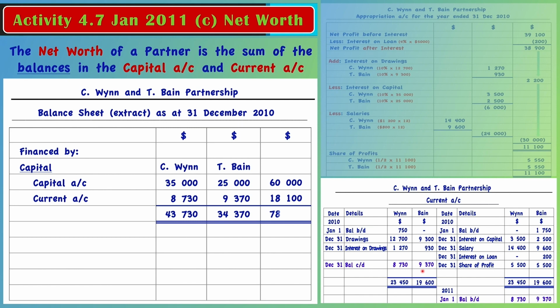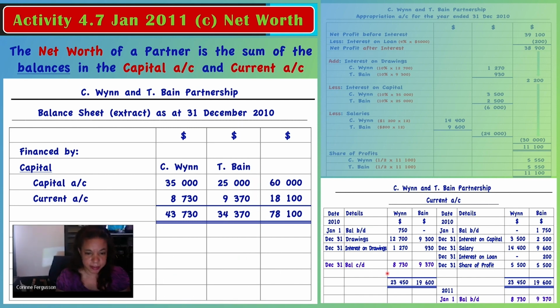Okay, so as simple as that. So I did my totals. I totaled Win, his net worth is 43,730. Bain, his net worth is 34,370. And well, the total capital would be the